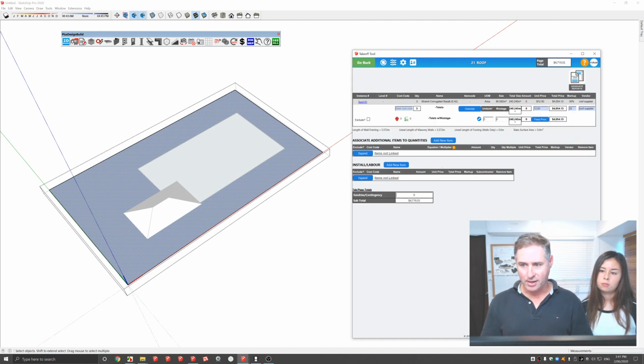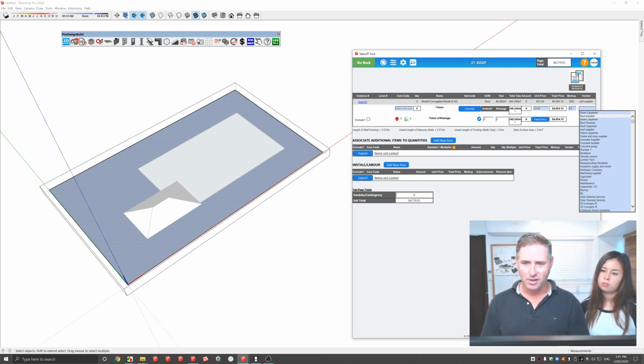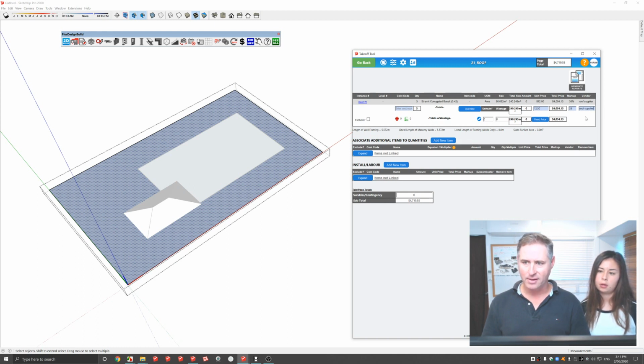Edit, see more. Okay, I do have a roof supplier in here. I can change that. I will go back to roof supply. So, roof installer, roof supplier. You can basically just write in R and it will start to filter everything for you. Roof supplier, there we go. Okay, so the supplier is going to supply this amount of iron for us,